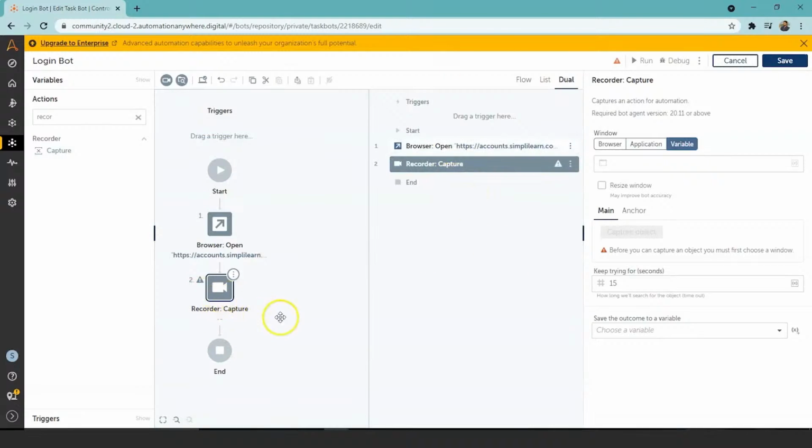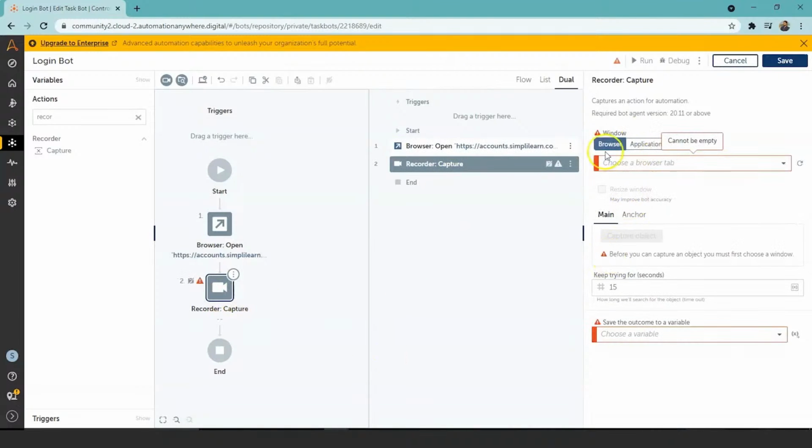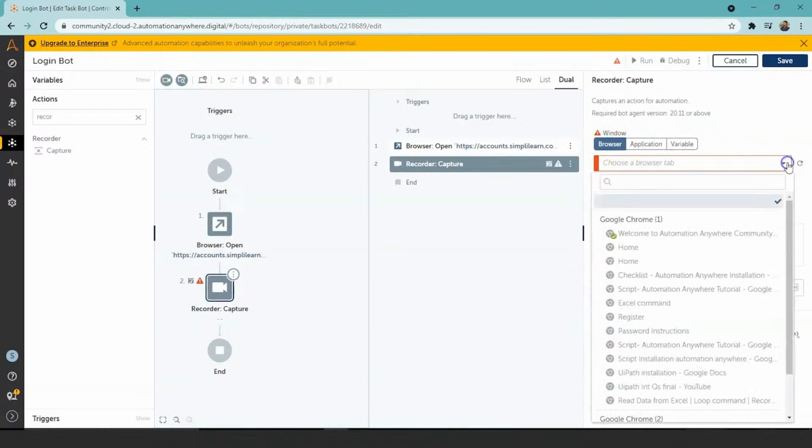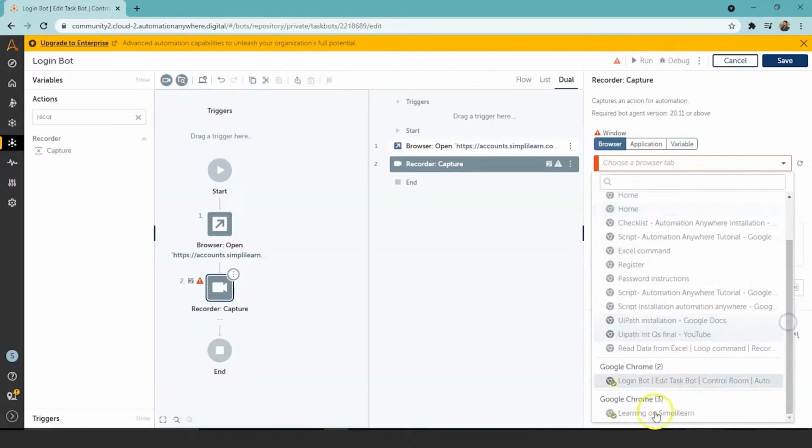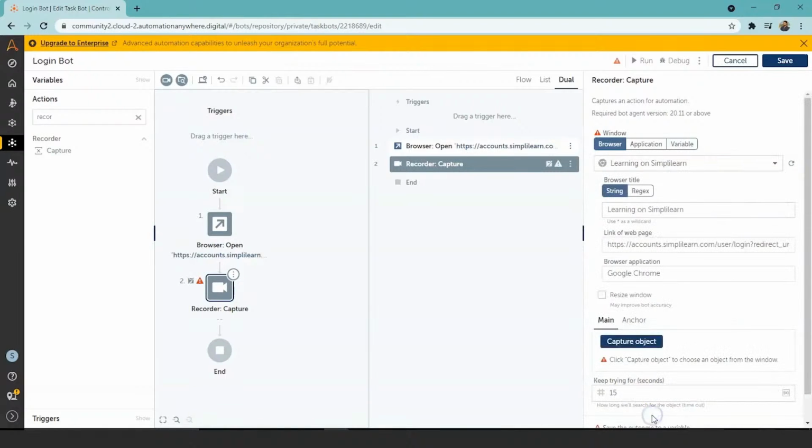So after selecting the capture option, select the browser option, browser window, then click on refresh windows. It will show a list of the pages that are open in the browser. Scroll down and we need learning on Simplilearn. This is the web page in which we are logging in. So select the web page,